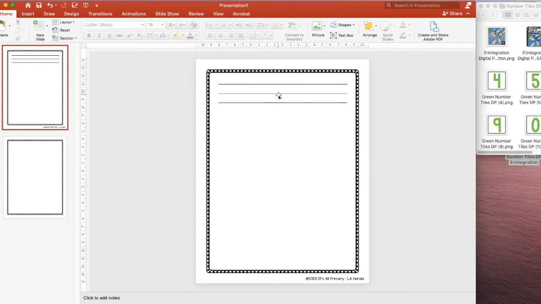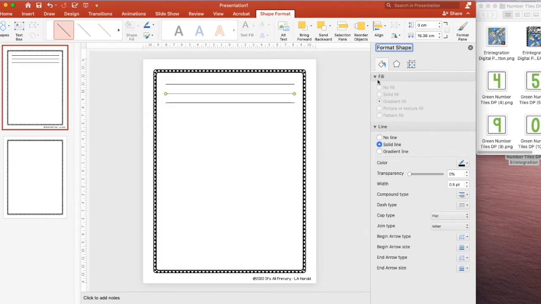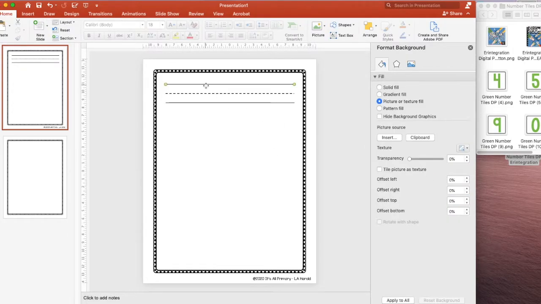And then I'm going to change this line to dash, so I go into Format Shape, find the right size of dash, and then actually I'm going to make that a little bit bigger. It's not big enough. Just that a little bit darker. So there's the first one, and then